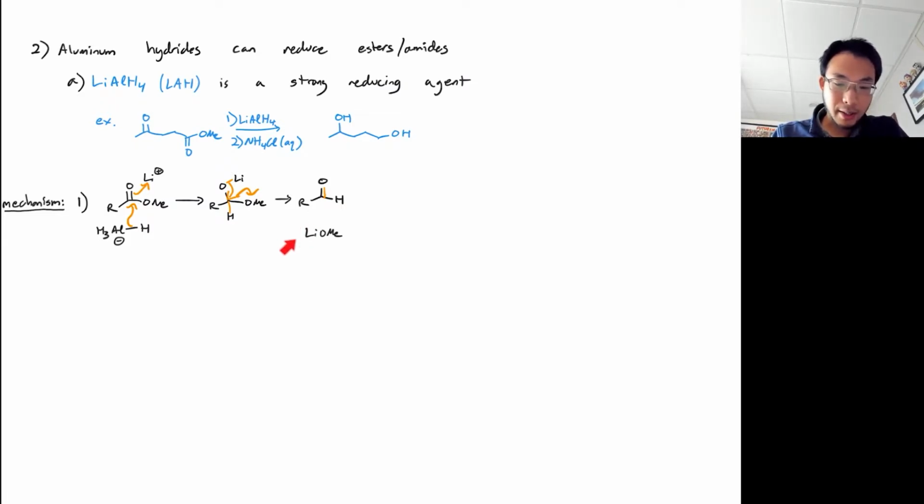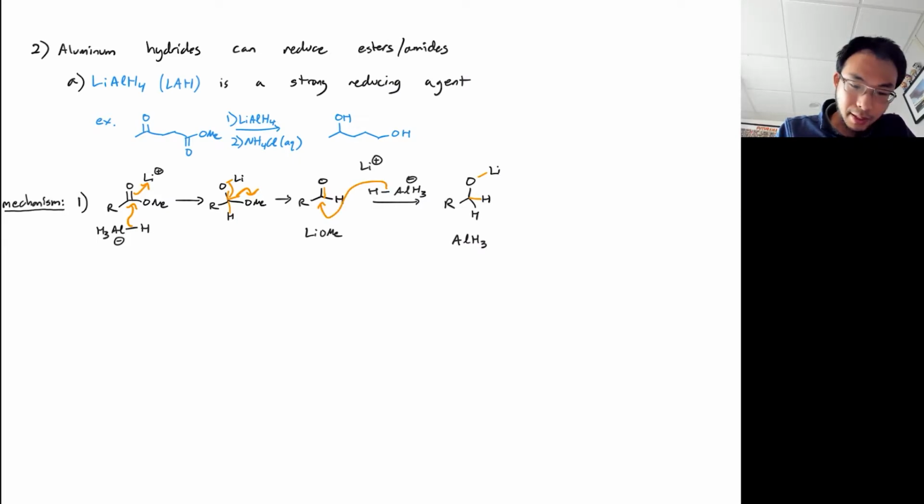where I have gone ahead and combined my salt together, and I have an aldehyde. And so if you think about the electrophilicity of an aldehyde versus an ester, well, aldehydes are much more electrophilic than esters, and so as soon as any aldehyde is made by this first process, we should expect that the next time that lithium aluminum hydride is floating around and collides with an aldehyde, it will immediately reduce it in preference to the ester. So then we would do that reduction again, do our attack, pick up the lithium,